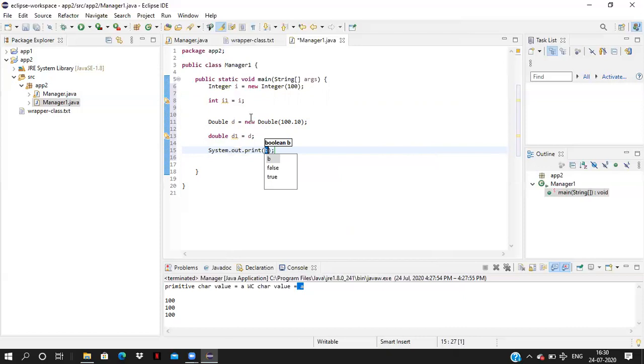System.out.println of primitive int value. Primitive int value is i1. Here I am going to print wrapper class value. Wrapper class value is i.